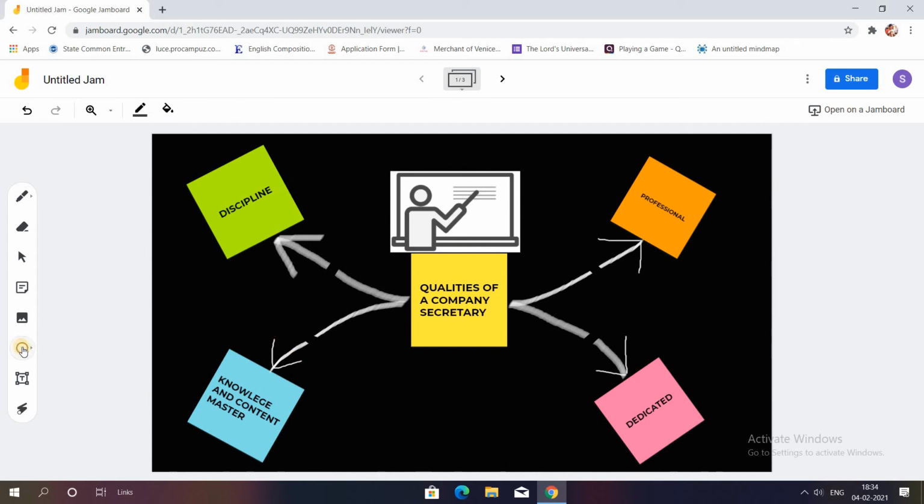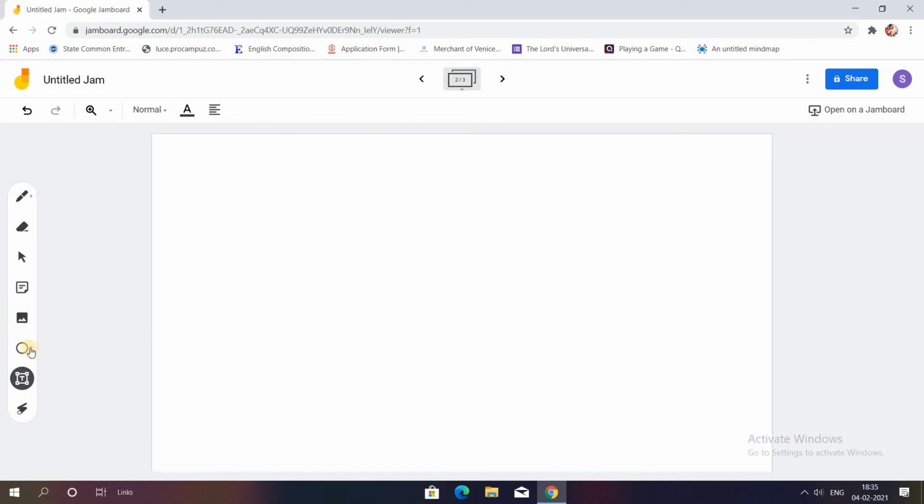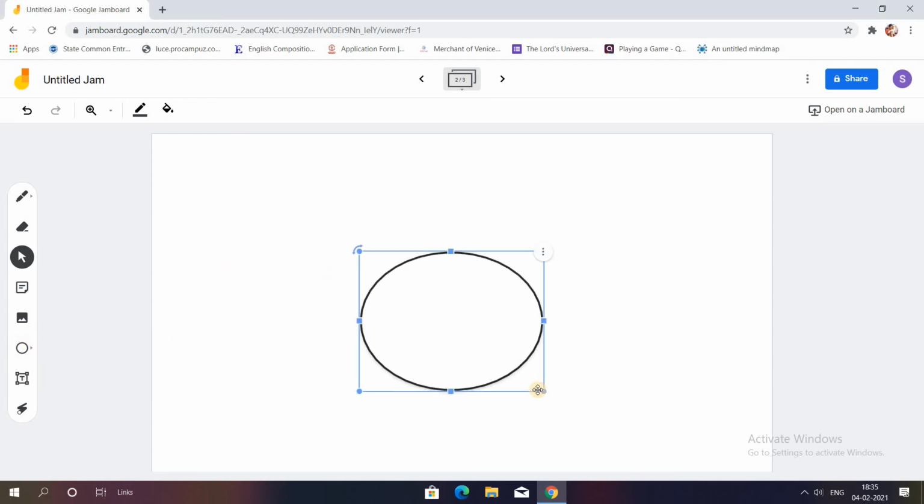Then we have the circle, or I'll just click on it, different shapes. If you want to draw different shapes, click on it, drag, and you get it. If you want these shapes and you want to write anything in them, you can click on the text box option, and the text box option lets you write something in these boxes. So I'll just show it in a new frame. So suppose I click on this circle and I'll just drag it. I have a circle. I'll just click on this text box option and I'll click over here and I can write whatever I want to write. As simple as that.